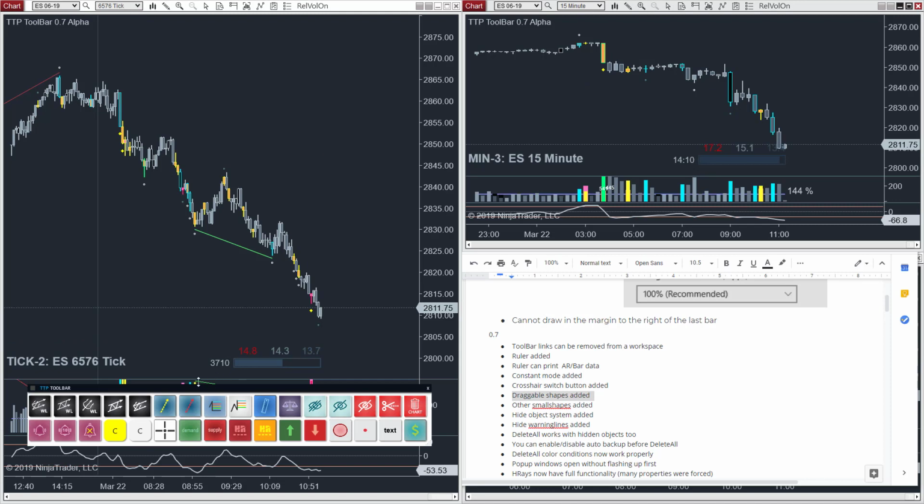This isn't the best situation to display what I'm trying to display here, but if your second click, the end bar, so if I click here, this is my first click, my second click, which stops the drawing, this one, if it's really close to the current bar, the last bar on the chart,